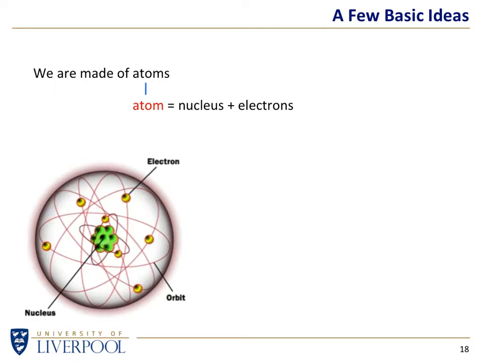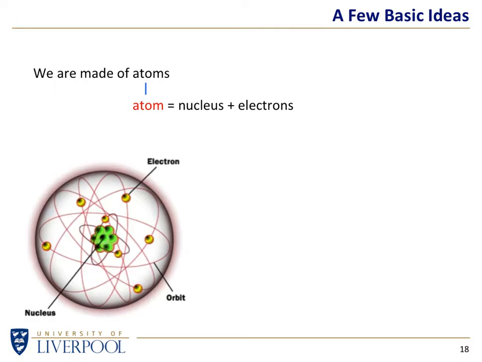To the best of our understanding, electrons aren't made of anything, in the sense that you can't take an electron, cut it in half, and have a look inside to see what it's made of. As far as we know, an electron is a fundamental particle. Fundamental meaning you can't subdivide it into anything else. Okay, we might be wrong on that, and in 100 years' time we might have to revise that idea, but at the moment we think electrons are fundamental.